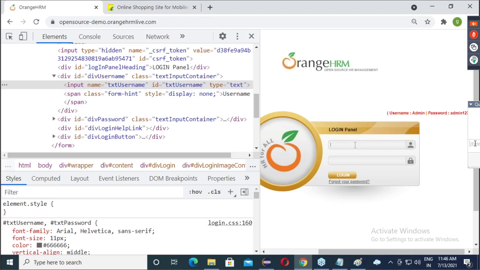My concern is, when we are inspecting this, whatever you are able to see here is nothing but HTML code.